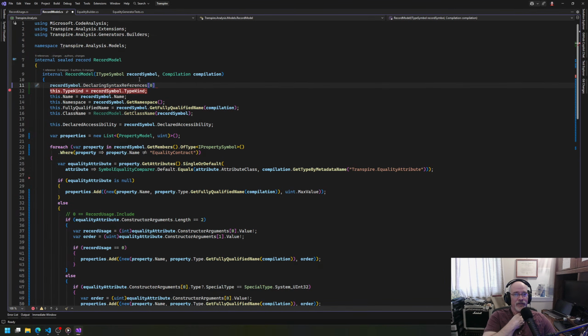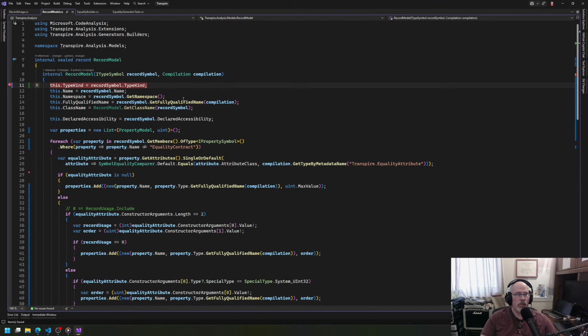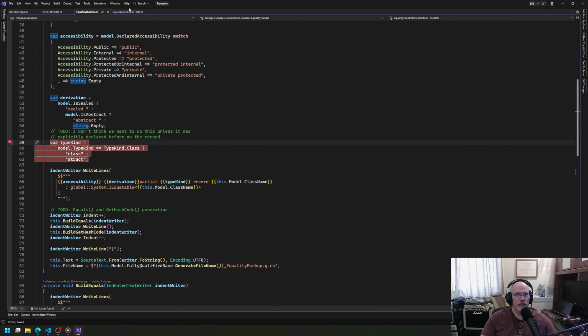I think you have to look at the declaring syntax references, all of them, and determine, did they actually state what they want to be? And we could call that a type specifier. So if we come back here,